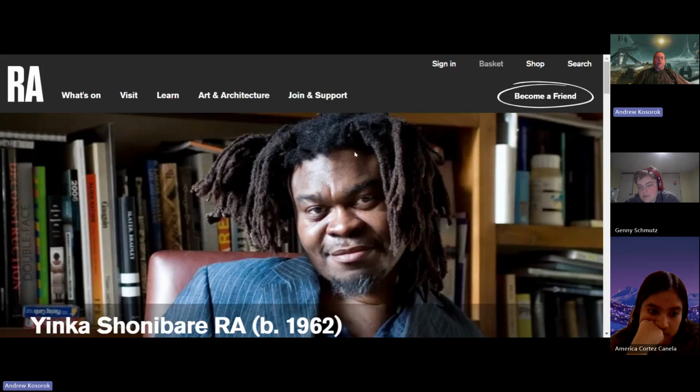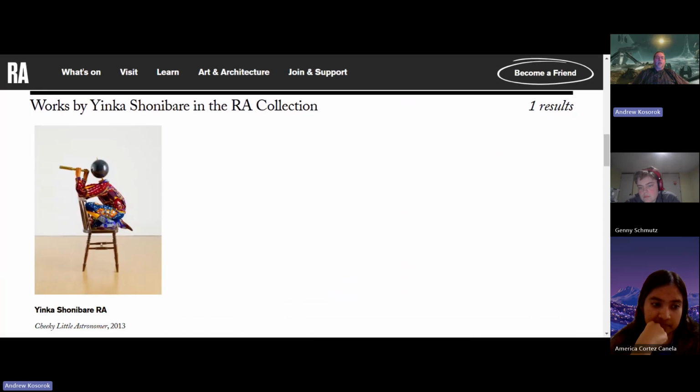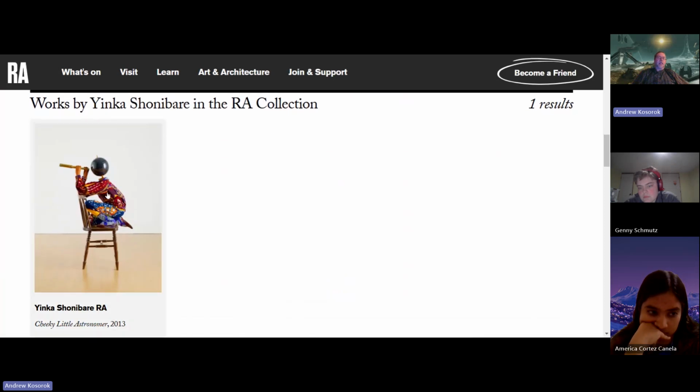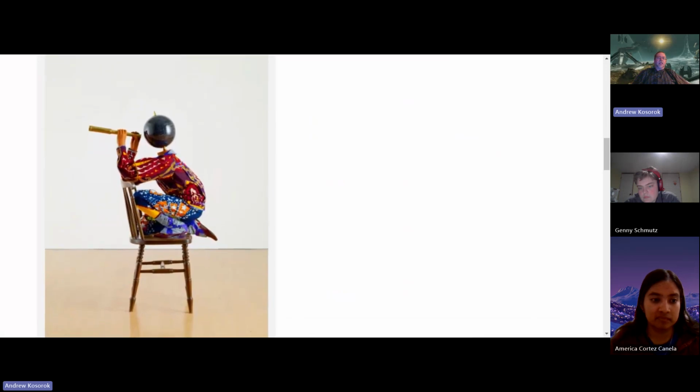And this is another one of my favorite artists, Yinka Shonibare. Absolutely amazing. But when he does things like this, if you look at the layout of this, the little boy, the child sitting on the back of a chair with a little telescope is right out of a 1950s, 1960s era European or American publication about the precociousness, typically the 10 to 12-year-old boy.